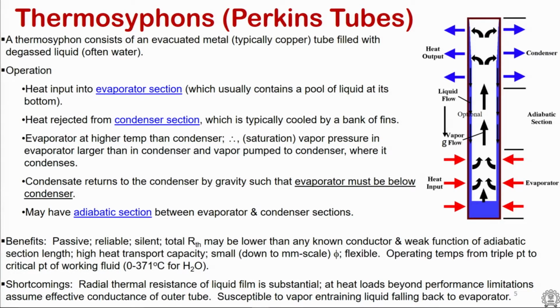Other liquids can also be used, and as the water evaporates, in this case the vapor rises against the gravity to the top, and the condenser is placed on the top, and the condenser is mounted with either fans or fins, so that the vapor condenses on the top, and by gravity the liquid that is condensed comes back to